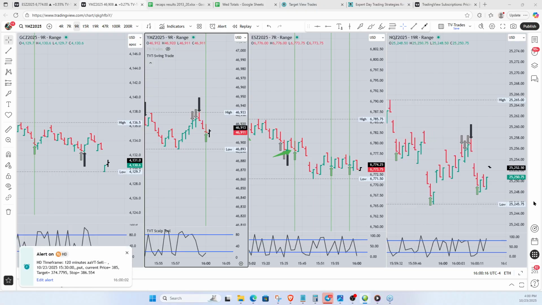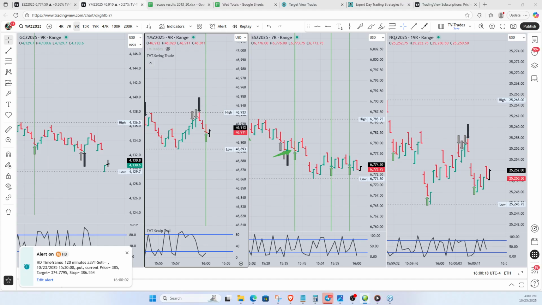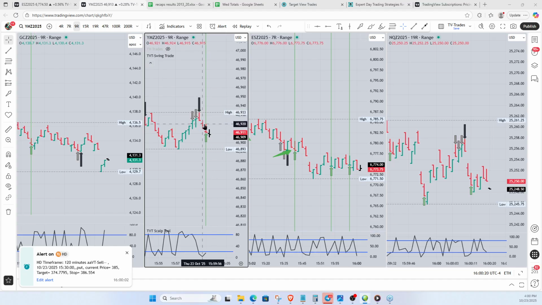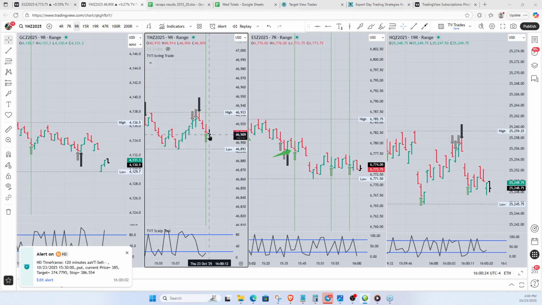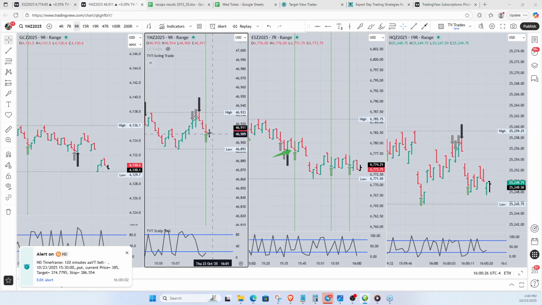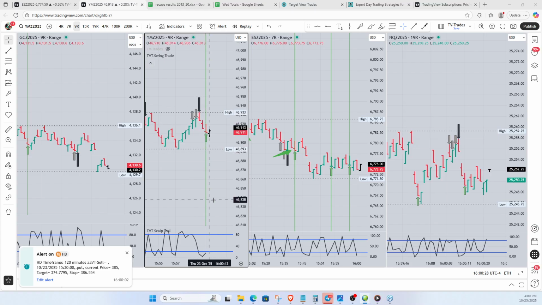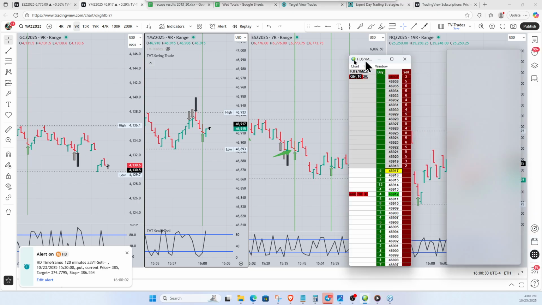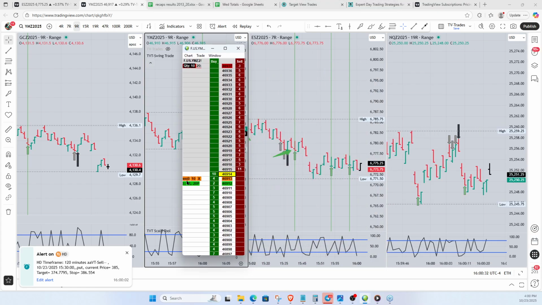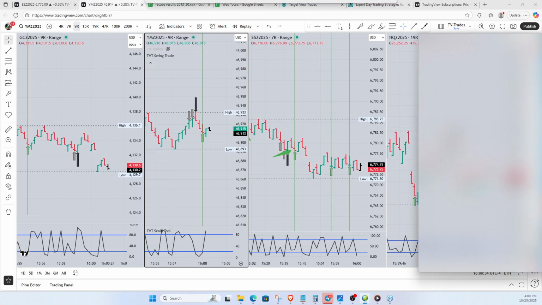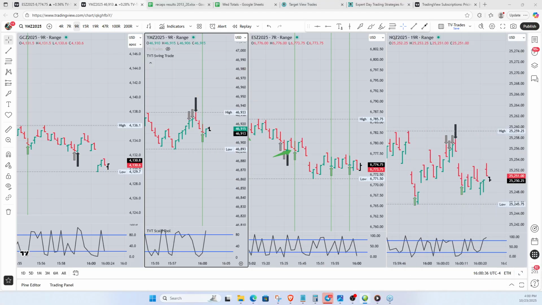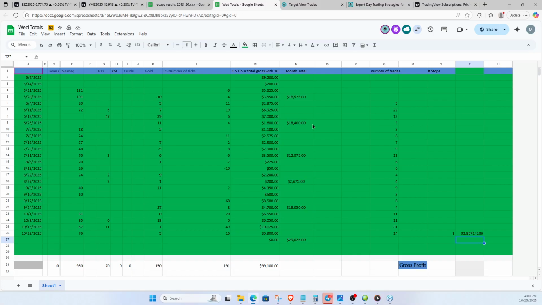Okay. This is a conflicting thing right here, Hal, that you were talking about earlier. That gave a short right here, right into a long right here. So if you're doing both of them, you could exit one and do the other at that point. Here, I did the long. I got my stop to break even. I'm going to lock in one tick. So I have one YM right now. Let me add that. Wednesday totals, YM, 1. 1, and that becomes